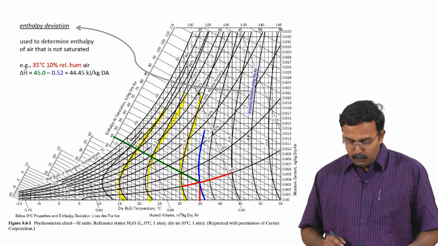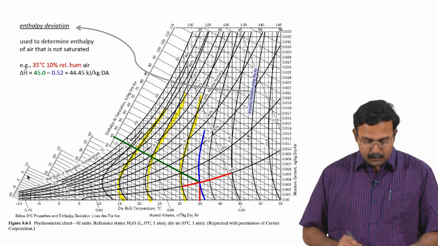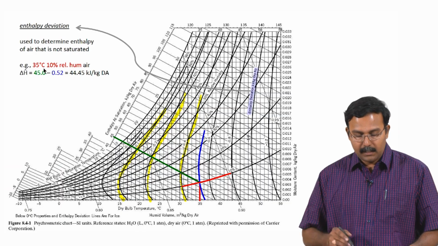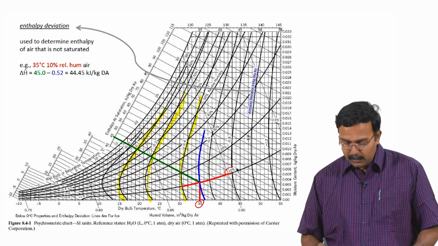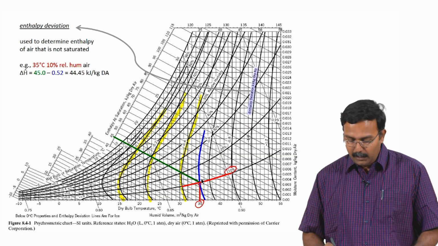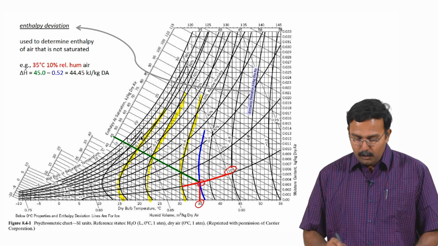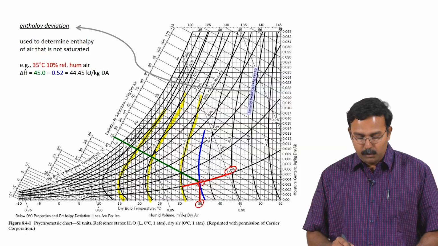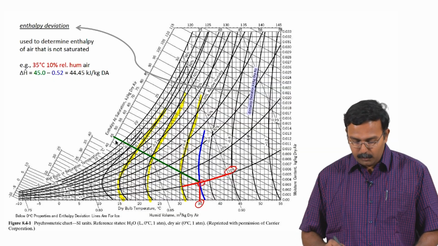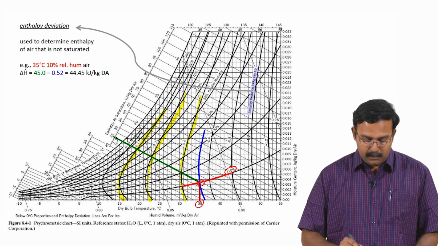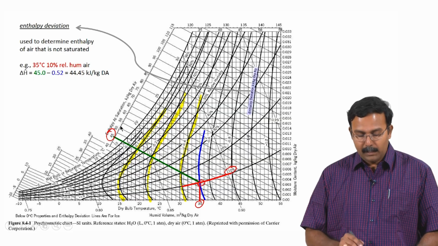So, how you go about doing that is, you basically first identify the conditions. So, here it has been identified as 35 degrees Celsius and 10% relative humidity. So, you have 35 degrees Celsius and 10% relative humidity, you identify the point, and from this point you draw a line through the slanting line which is used for measuring the enthalpy for the wet bulb temperature. You go all the way to the enthalpy at saturation, which is identified as 45,